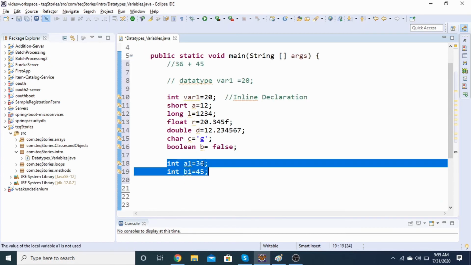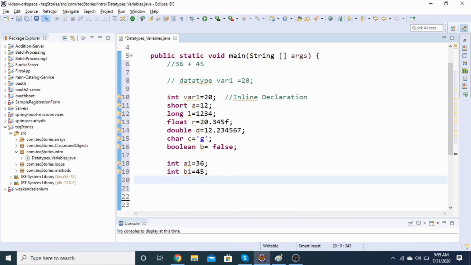Let's say I have to add both these numbers. So what shall I do? I can directly use a plus operator here. Operators we will be seeing later on, but right now just try to get an idea that whenever I am adding two numbers, I will require plus. The minus will subtract two numbers. The divide sign will go for division of the two numbers, and multiply will go for multiplying two different number sets.